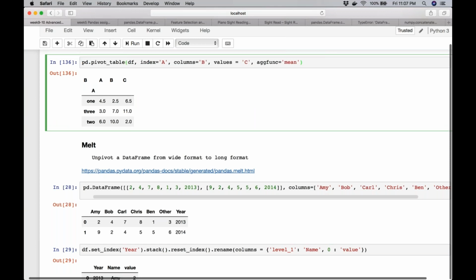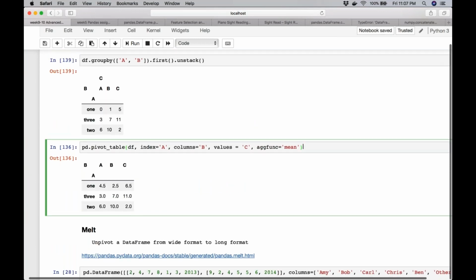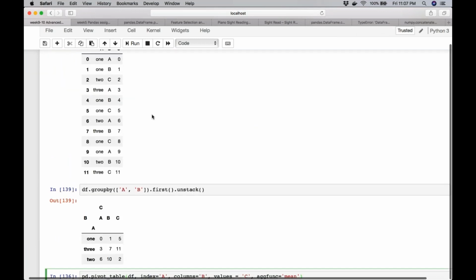Yeah, the mean is the mean of those values. Like in the group by, that's why it is more clear here. If I use the function first here, what happens? It just picks up the first value it encountered. So now when it sees 1 and B again, it ignores it because there's already 1 sitting here. Similarly, 3 and B.